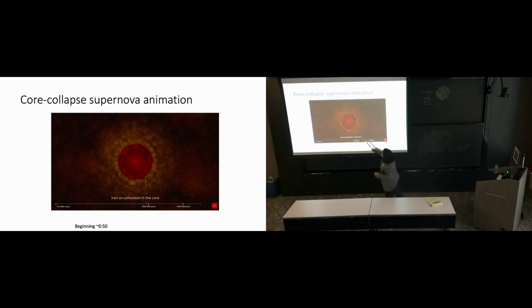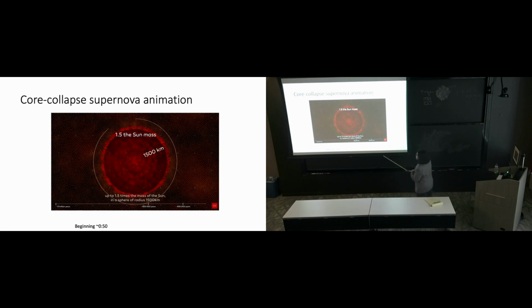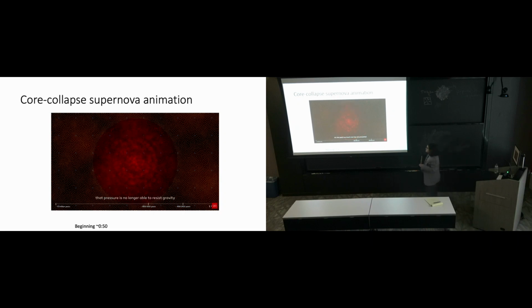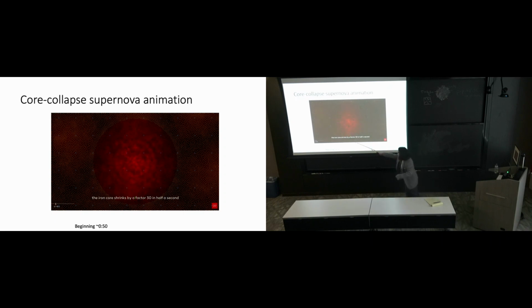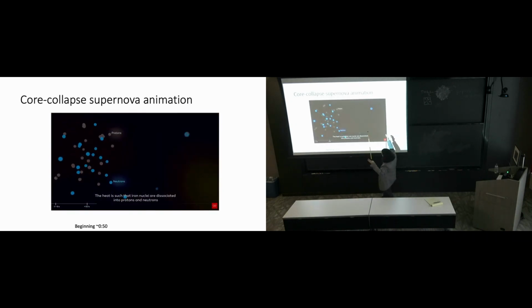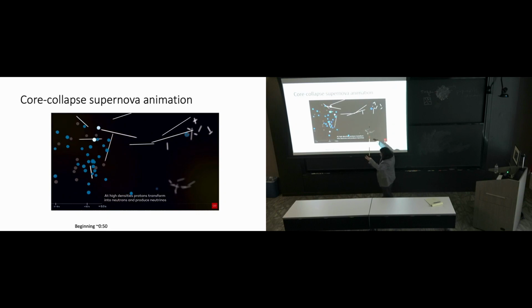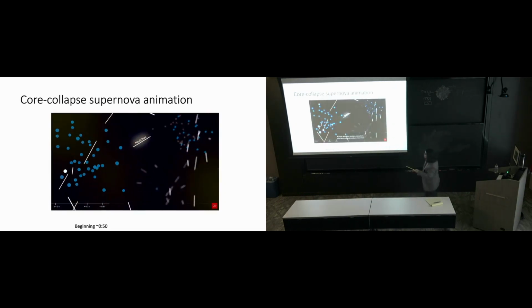So what they're trying to show here is iron is finally being produced, and in fact this happens very quickly compared to the normal timescales of the star. But this is the very end of this star's life as a regular sort of star. Now you have things happening on very quick timescales. Iron fusion has turned off, so the source of pressure is lost. You get collapse of the star as gravity is again winning.